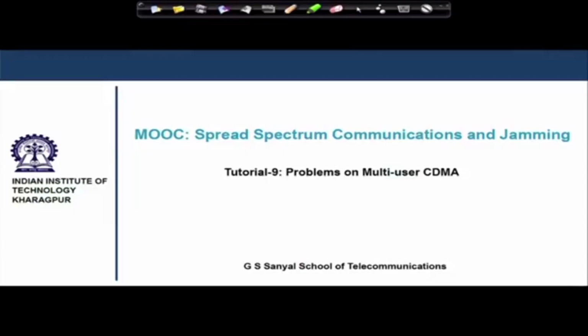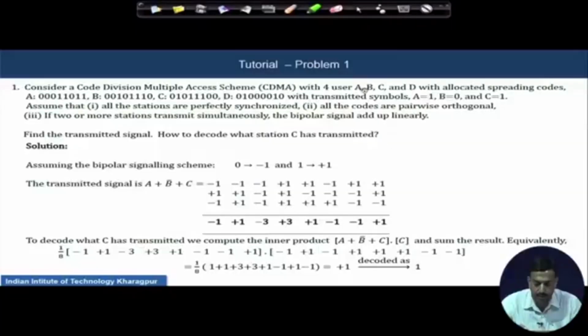Hello friends, today we will take up tutorial 9, which is the last tutorial in the series of tutorials in this particular online course. We shall deal with problems on multi-user CDMA. As the first problem, let us consider a code division multiple access scheme, and there are 4 users A to